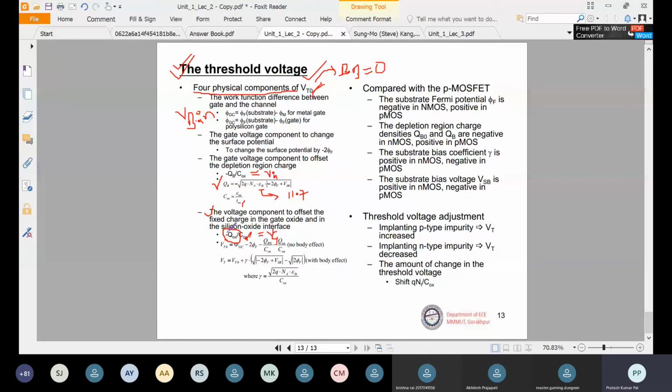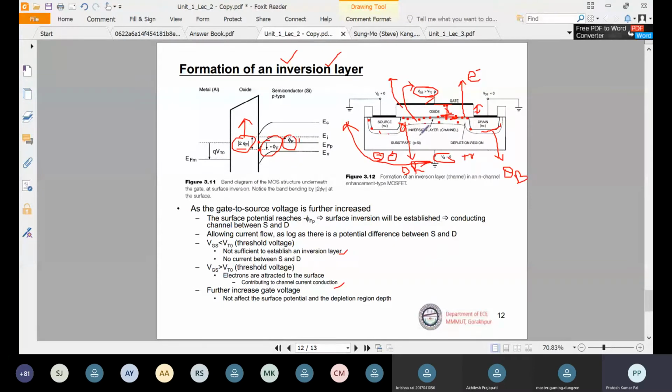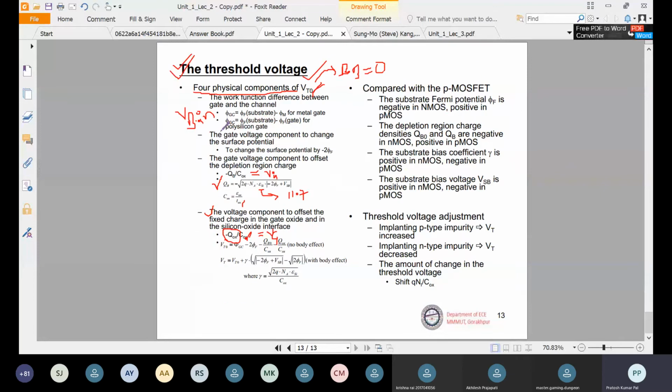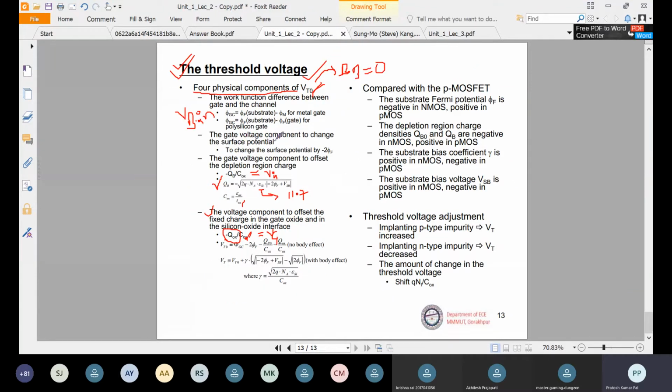ठीक है, तो जैसा कि हम देखेंगे, तो हमें क्या करना था, तो चार कंपोनेंट्स हमारे हो गए. तो फर्स्ट क्या था, गेट. तो गेट है हमारा और सबस्ट्रेट है, सेमीकंडक्टर, दोनों के बीच का जो वर्क फंक्शन है वो मेंटेन होना चाहिए, उसको हमें रिमूव करना है. ठीक है, दूसरा कंपोनेंट था, टू मेक एन इन्वर्टेड चैनल. चैनल को इन्वर्ट करने के लिए, या फिर चैनल रीजन का जो स्पेस है उसको हमें इन्वर्ट करने के लिए 2φf की चाहिए कंपोनेंट, 2φf वैल्यू चाहिए. दैट विल बी द सेकेंड वन.